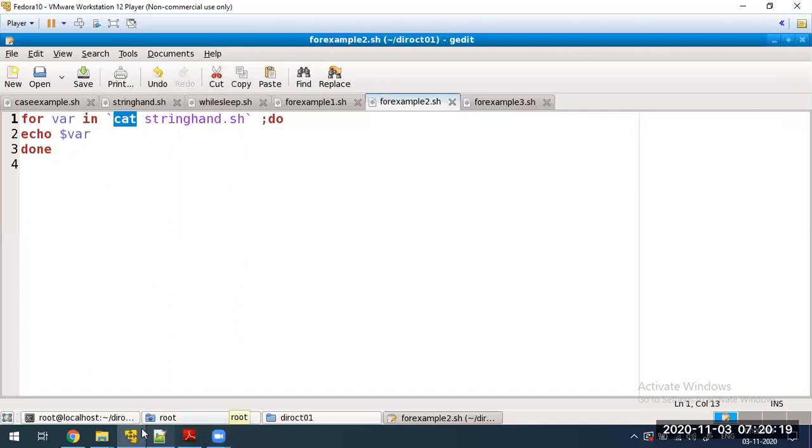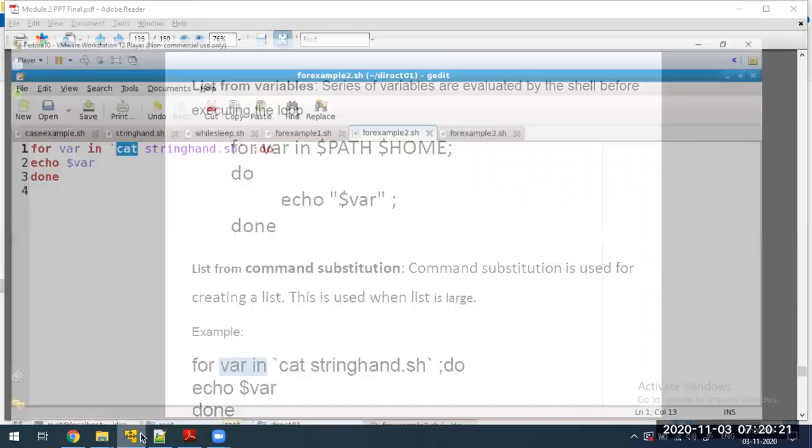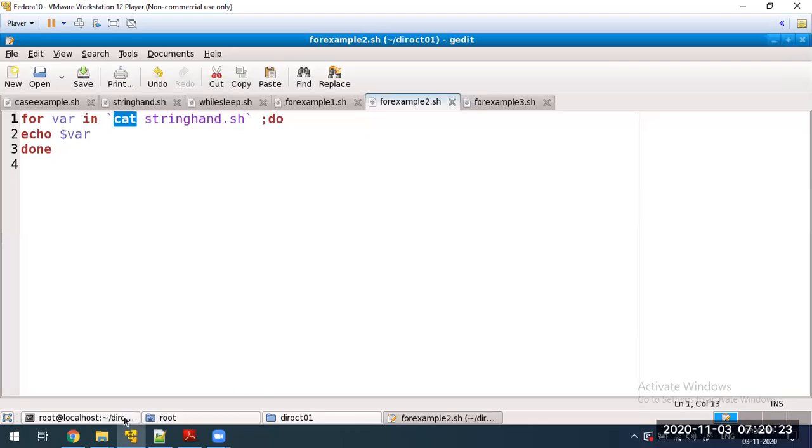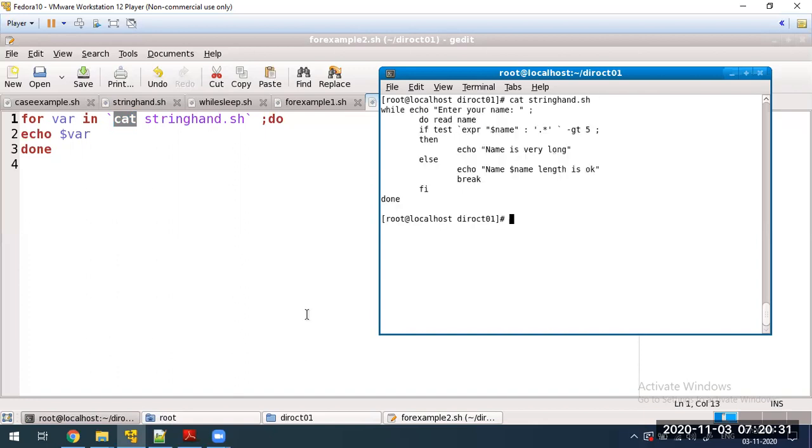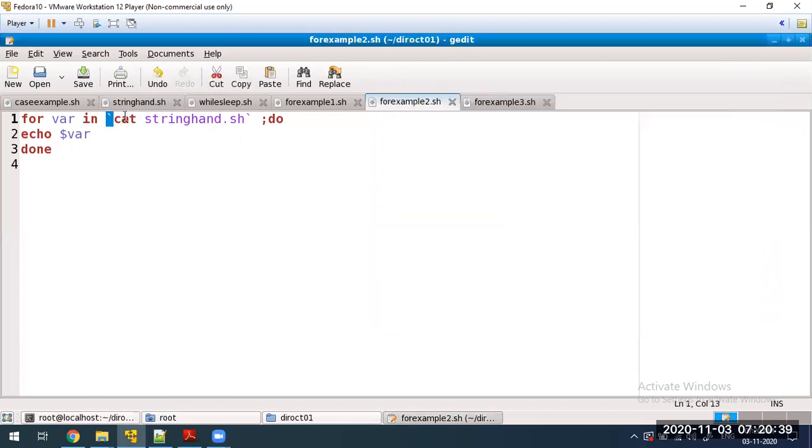What actually will cat do? It will print the content. cat string and.sh, if I enter, it will print the content of that file. Now instead of that, I have written that command in the place of the list. Since this is a command, you have to write it within the quotes. Within the quotes you have to write, then only it will execute.